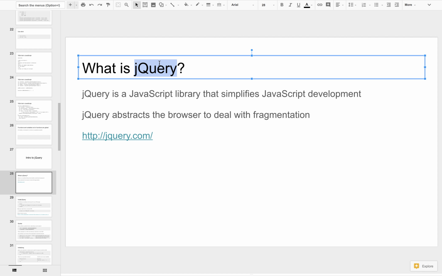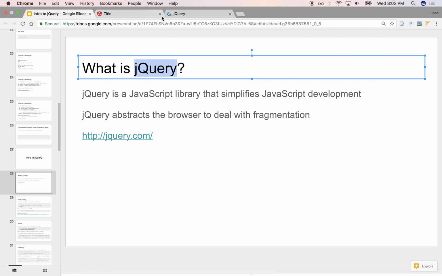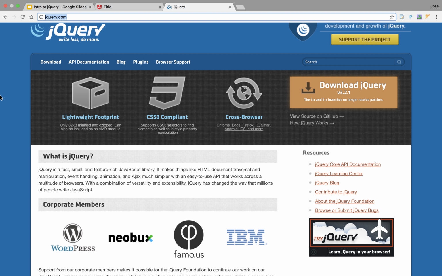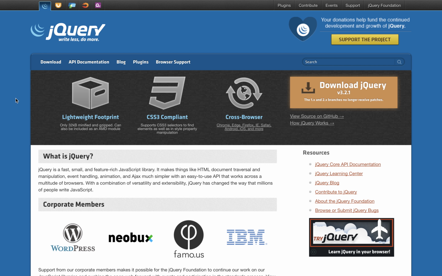And so jQuery is by far the most popular library. It's very rare that you'll find a project that will just write straight to JavaScript. Usually there's some level of abstraction, of which jQuery will certainly be part. Make sense? Right? It's open source. It's freely available. It's very, very popular, and I certainly encourage you to become very familiar with it. Okay, it's a very, very good skill to have.